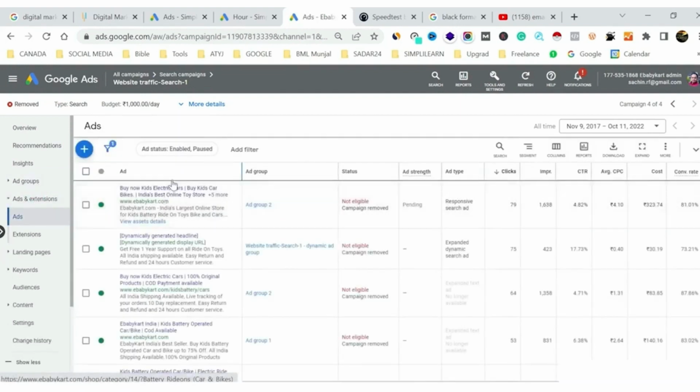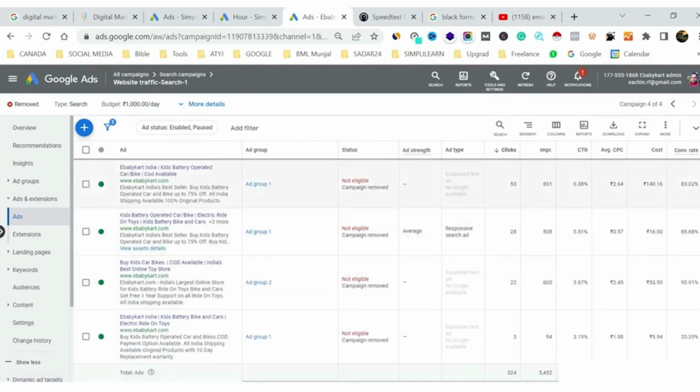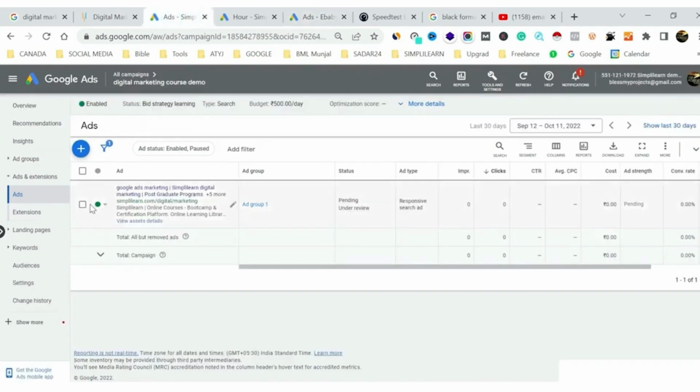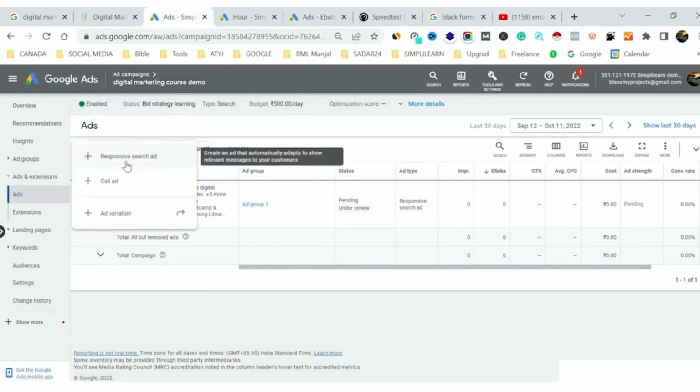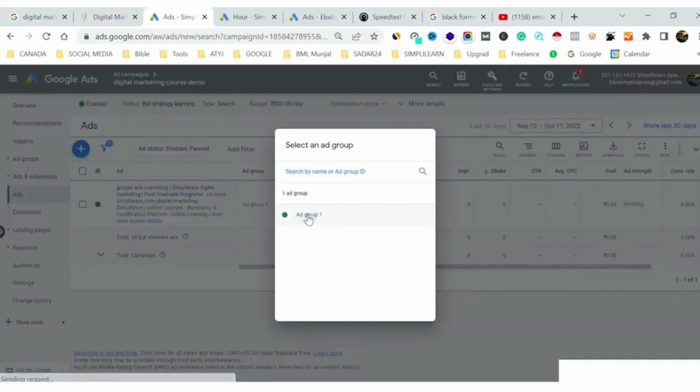Suppose I have multiple ads to compare, to see if this ad works better or this ad or this ad. I would be comparing these three ads: which one has given me more clicks compared to the other, which has given me the better CTR, whose CPC was lesser, whose CPC was higher. That is how I will be checking it. I can always have a number of ads created under the campaign. Right now we have created one campaign, one ad. We can always test another ad copy by clicking this, so that we can see which ad performs better.